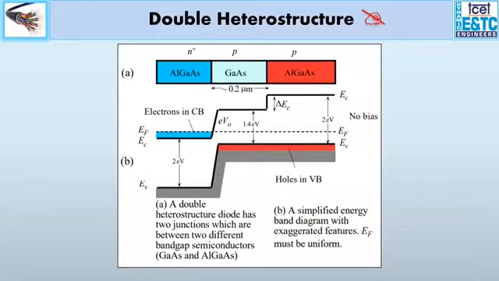So how do we make a heterostructure? We have a simple PN junction, as we said, of P aluminum gallium arsenide and N plus aluminum gallium arsenide. In between the two we sandwich a P type gallium arsenide. Now the impact of this, as you can see on this energy band diagram, is a barrier at the aluminum gallium arsenide and gallium arsenide PN junction, and again a small barrier at the P type aluminum gallium arsenide and P type gallium arsenide.